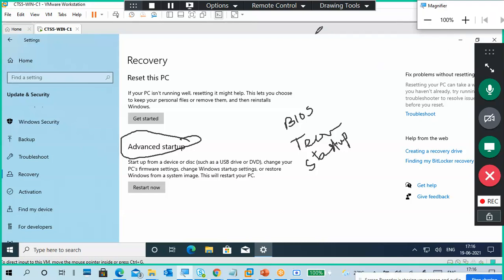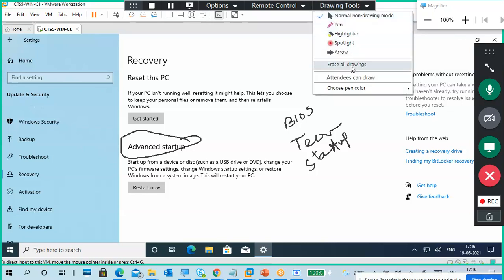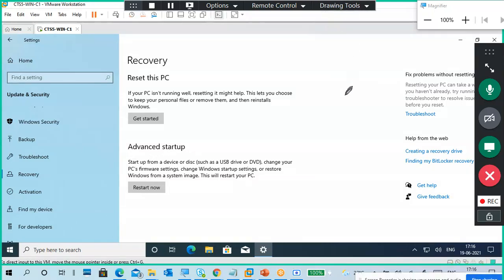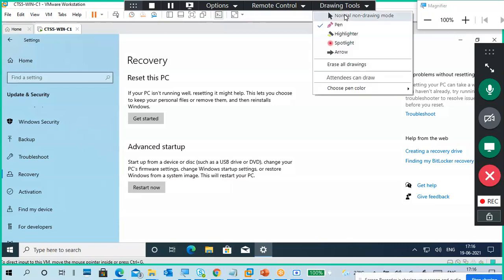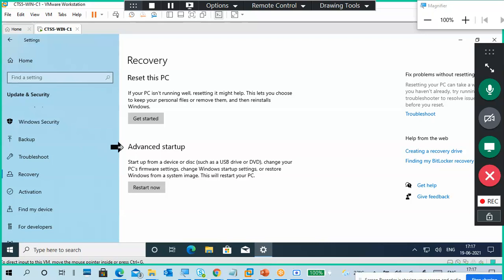Now I want to show you this advanced startup. First erase all the things. Okay, advanced startup. You have to click on restart now, then you will go for it. Read this: startup from a device or a disk, such as USB or DVD.